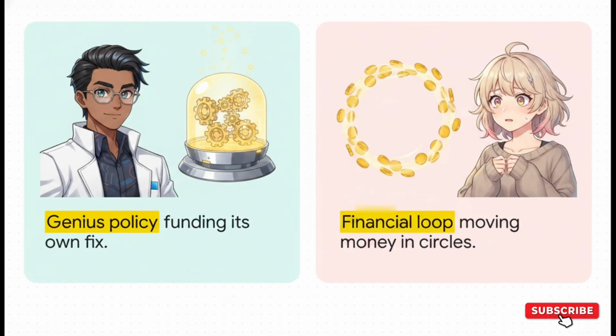On the one hand, you could look at this and call it a genius policy. You could totally argue that creating a mechanism that pays for its own fallout is incredibly pragmatic, right? The tax revenue funds the fix, neutralizing the damage without having to pull in outside capital. But, on the other hand, is this just a continuous financial loop? Is it truly a solution, or are we just watching the same money run in a giant circle? If the tax caused the problem and the tax pays for the problem, are we actually generating any positive economic value here, or are we just treading water in a very expensive, continuous loop? The source lays out the mechanics completely neutrally, leaving us to really chew on those two distinct perspectives.